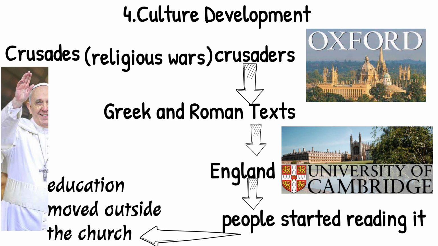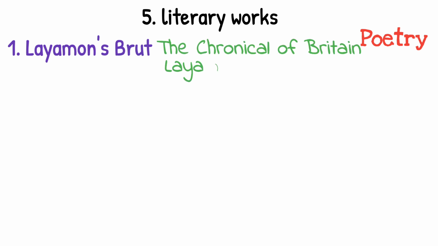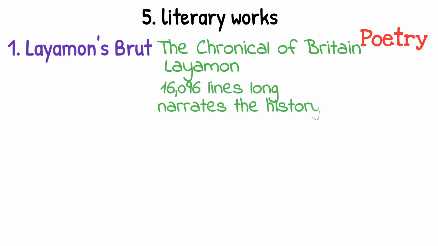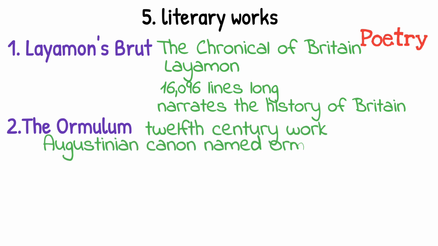Layamon's Brut, also known as the Chronicle of Britain, is a Middle English poem compiled and recast by the English priest Layamon. Layamon's Brut is 16,096 lines long and narrates the history of Britain. It was the first noteworthy product of this revival of the English language. The Ormulum is a 12th century work of biblical exegesis,